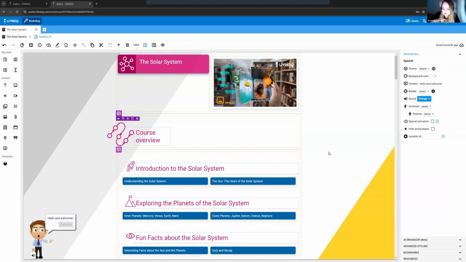A photo, sorry, a file from our computer. I didn't have any MP3 file, so I just closed it. MP3 works. You just upload the audio. If we want to generate,